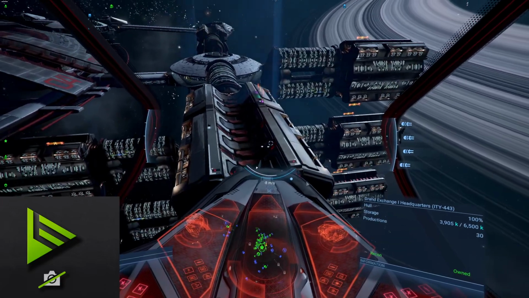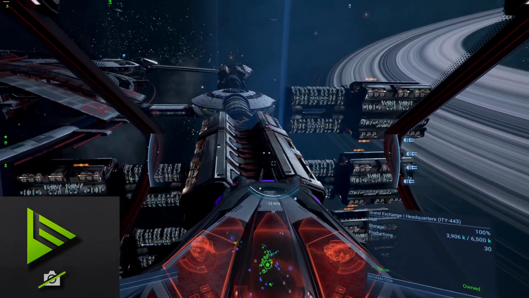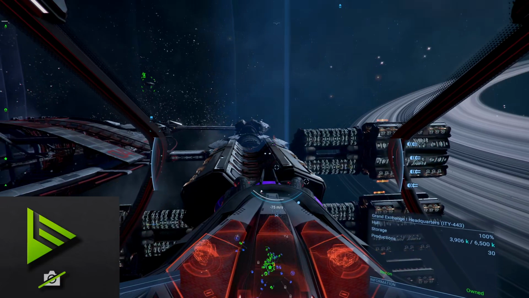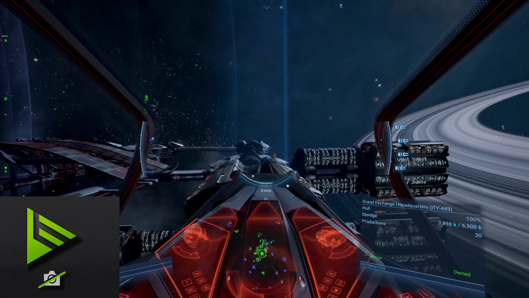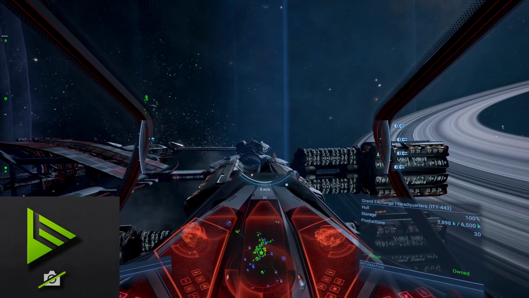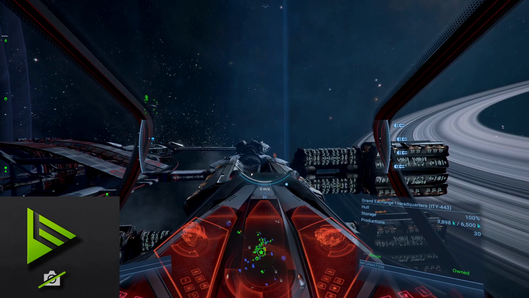So that is pretty much your 6 degrees of freedom. Now, there's a whole other world of flying called flight assist off. And what flight assist is, is something that your ship's computers do to make space flight feel like atmospheric flight. Because planes,